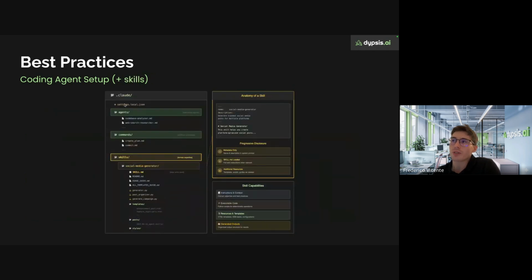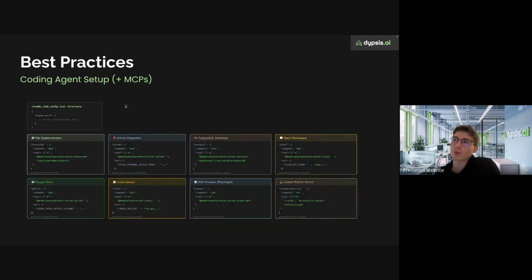You also have this settings.local JSON, where you can add MCPs, or you can also add them via CLI, so it's up to you. And as I was mentioning before, the idea of the MCPs is really to provide some external capabilities to the agent. You can add some capabilities to connect with Linear or with Jira to always be aware of some tickets that you have, some epics that you want to follow. You can also add some external tooling to access documentation, web browser, Google Drive. So there are a lot of external capabilities that you can add to the agents.